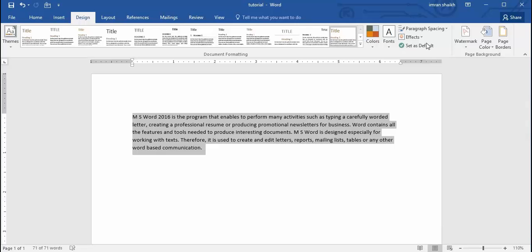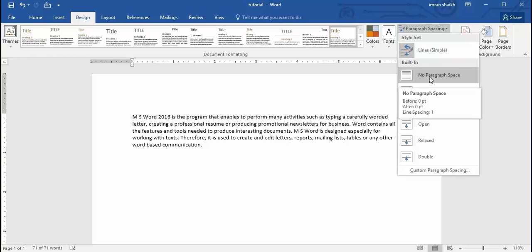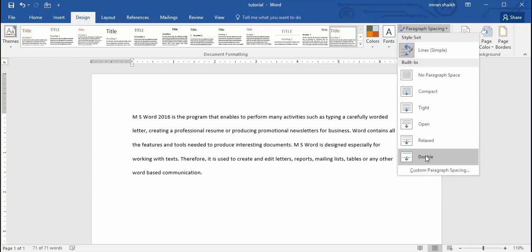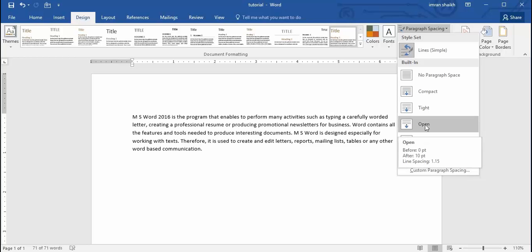And there is another option called paragraph spacing. See, no paragraph spacing. If I choose no paragraph spacing, there won't be any space between the paragraphs. Compact and then tight, open. If I keep on moving on these options, effects take place on my text. See, if I select double, double space is applied between each line of my paragraph. If I select relaxed, 1.5 line spacing will be provided between the lines of my paragraph. If I select open, then